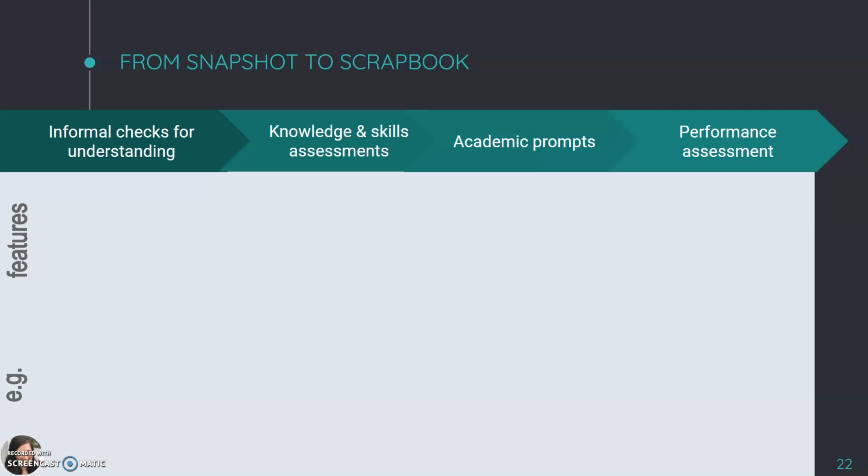No one here is telling you to throw out all of the unit tests and quizzes, because just as our students need to build their knowledge step by step, we can build our understanding of how they're doing step by step. It's helpful to think of moving away from a snapshot, a one-day picture of a particular set of knowledge or skills, and move towards building a figurative scrapbook of each student's growing understanding.